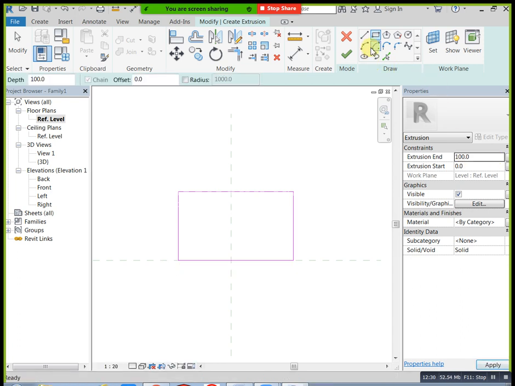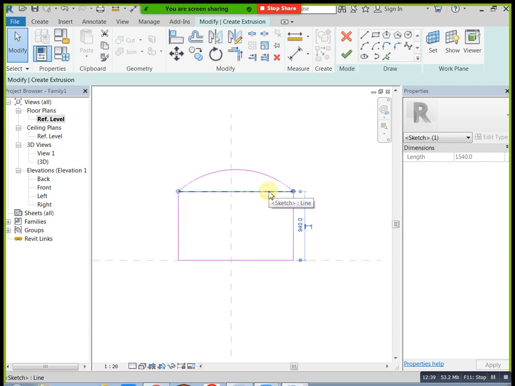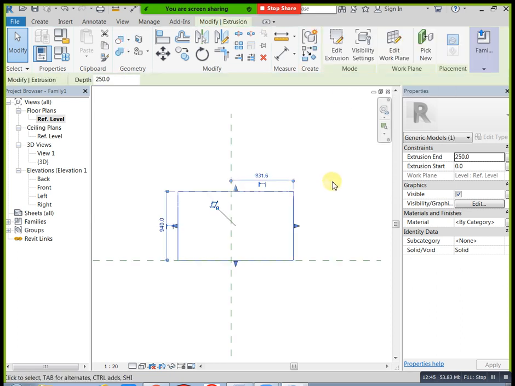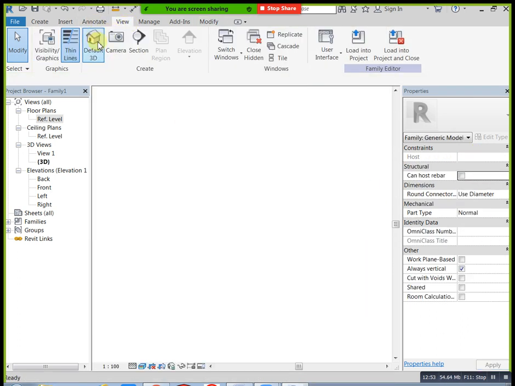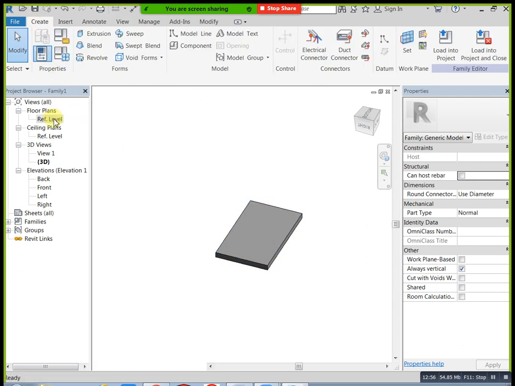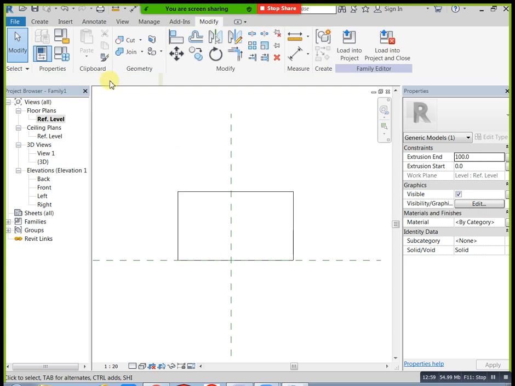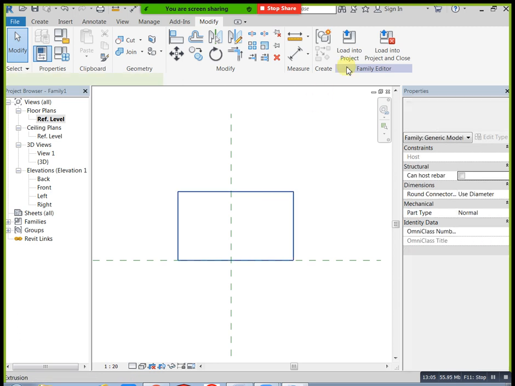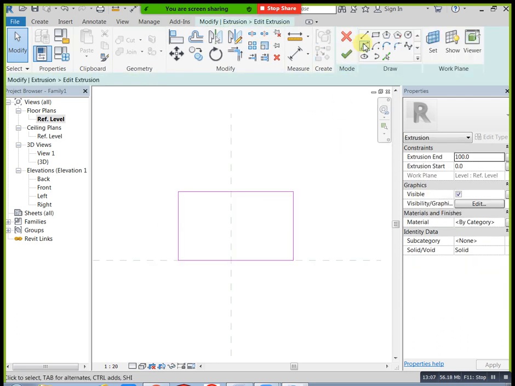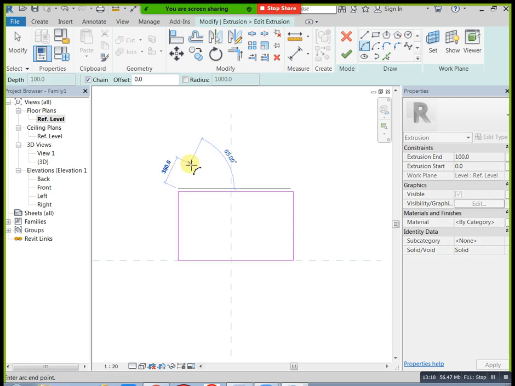For example, this is my edit, I need to apply it like this, delete this one, or otherwise come back, use the same and finish. 250 is there. Now if you need to decrease your height, you can mention 100 here. Now you can check once. This is a completely solid model, we don't have any holes, right? I need to add one more extrusion, create extrusion, or if you need to edit this one, directly click on edit extrusion and you can apply a hole. That is one procedure, if you need to mention a hole you can do it like that.